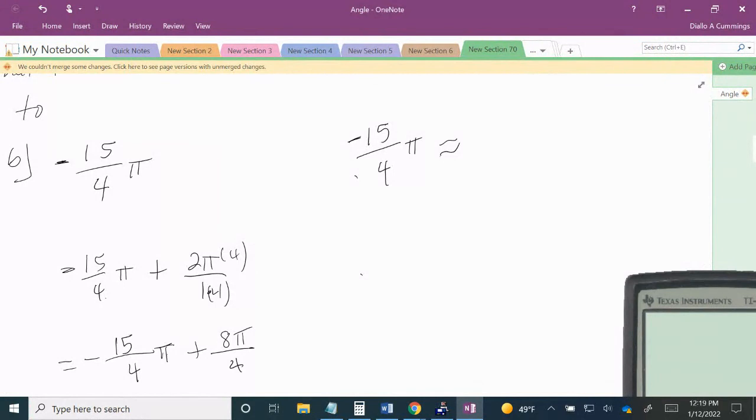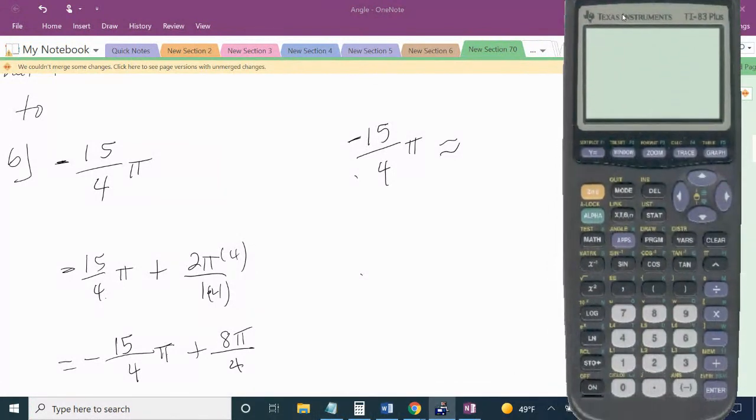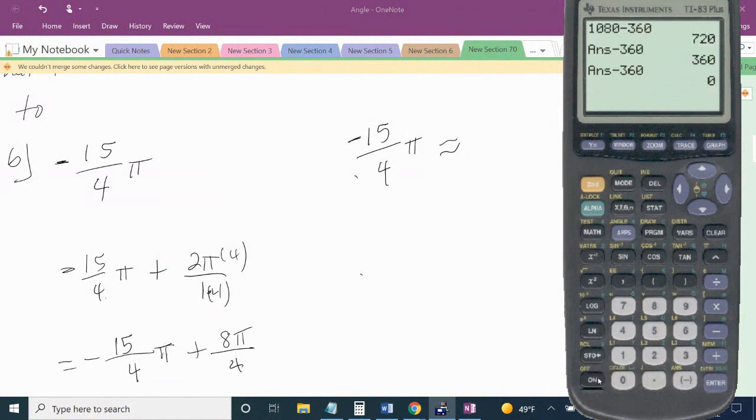So if I wanted to convert negative 15 pi over 4 to degree measure, I can simply take negative 15, multiply that by pi, and pi is equal to 180 as a degree measure. And I can divide by 4, right? And I get negative